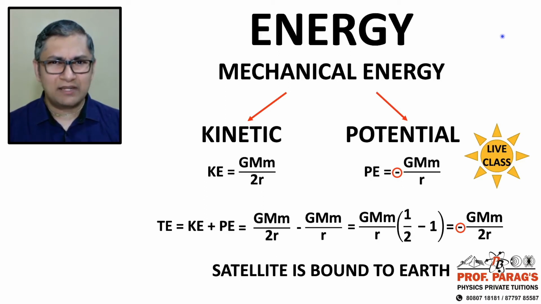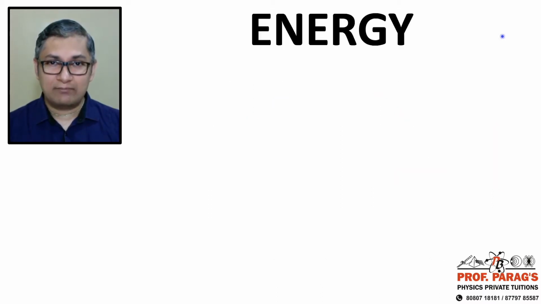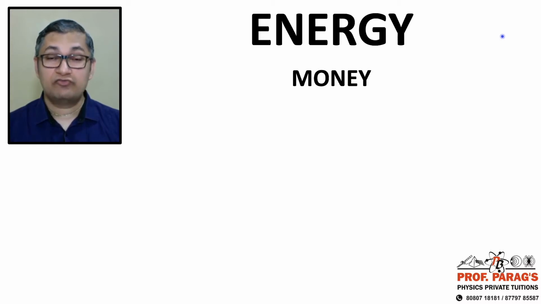So what does that mean exactly, right? A negative sign and the satellite is bound to Earth. Why is such a statement made? So let's take the example of money. We will compare energy with money. In fact, we have a chapter in physics which is called work, power and energy. In that chapter also, most of the MCQs get solved by doing a very simple comparison of energy